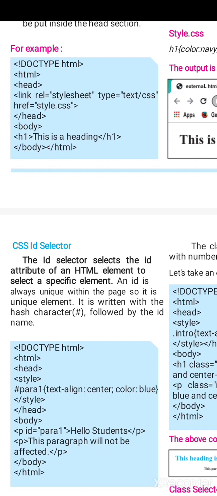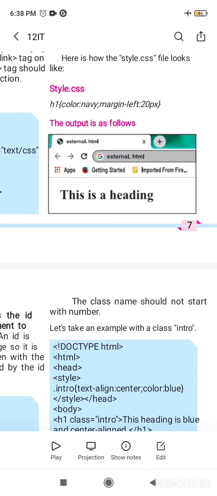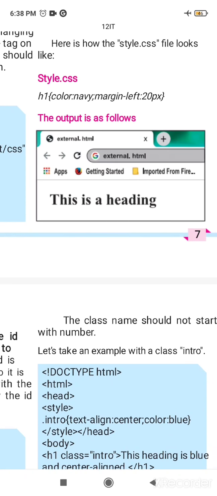Next, go to the body section, within which a selector named as h1. Here style.css is an external style sheet. It is prepared. Within such a style sheet, one can use multiple selectors also, no doubt. Only for example, as h1 here they have given, one can use multiples also. H1 with same effect might be applied.